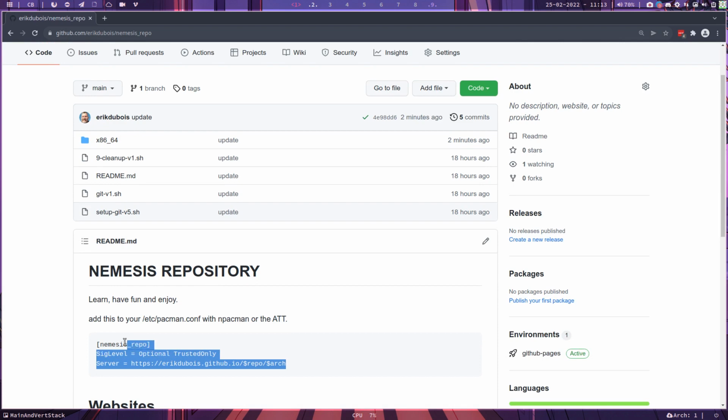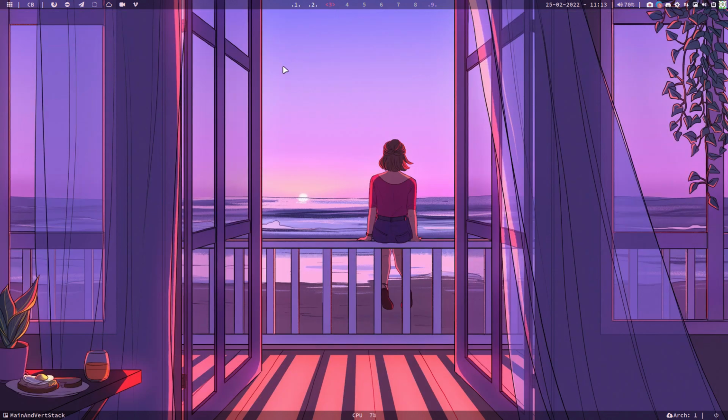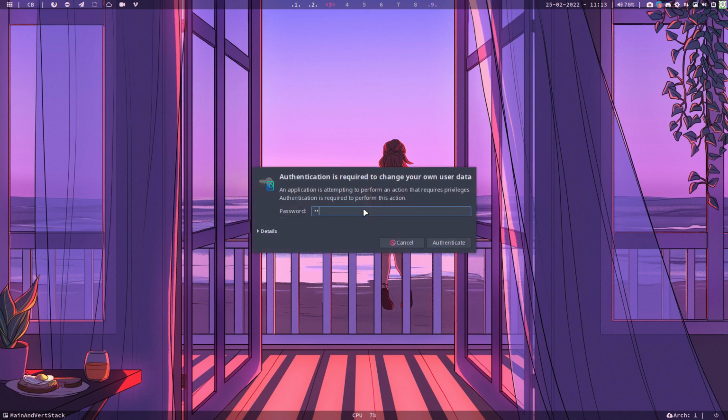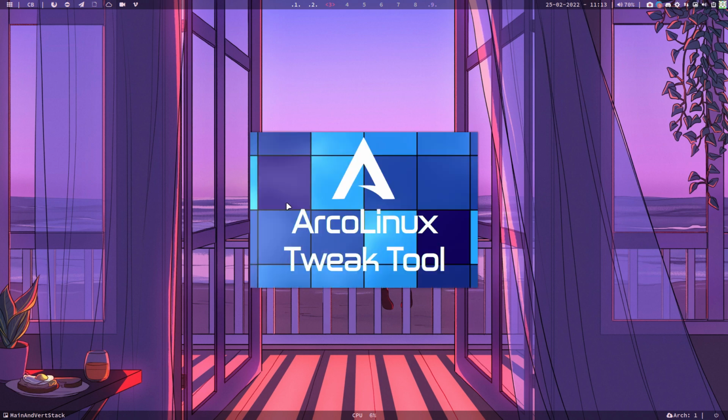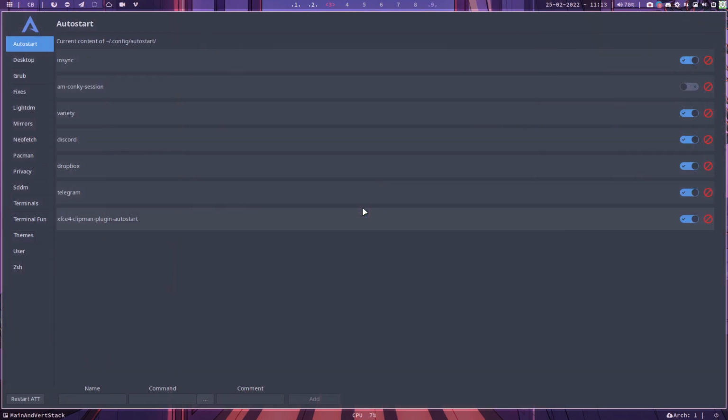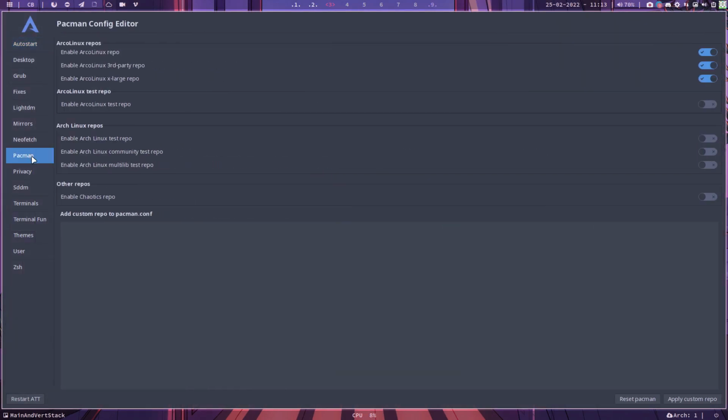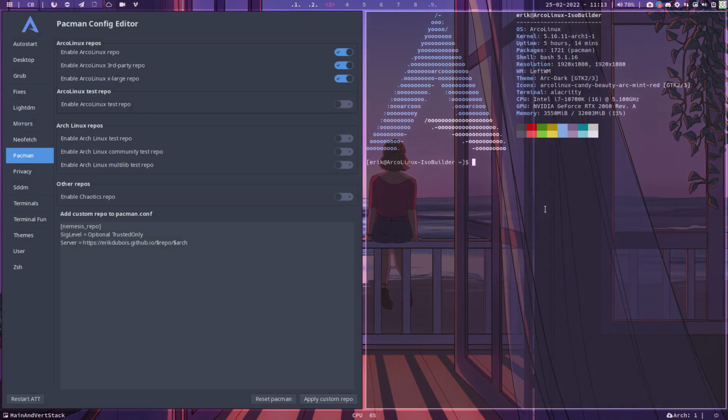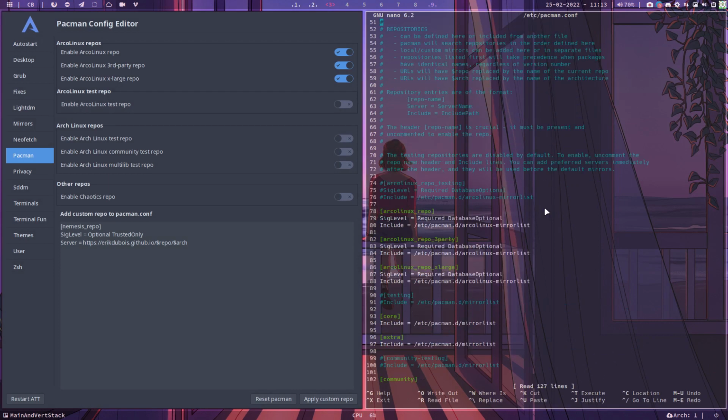That's the copy paste. Control C, and yes, we have the tweak tool, right? Control Alt E, and we go inside there, and there is the big shop. I call it the shop. Well, Pacman, right? Add custom repo to pacman.conf. Control V, apply custom repo. It's there, and then you get in Pacman a few extra lines of code